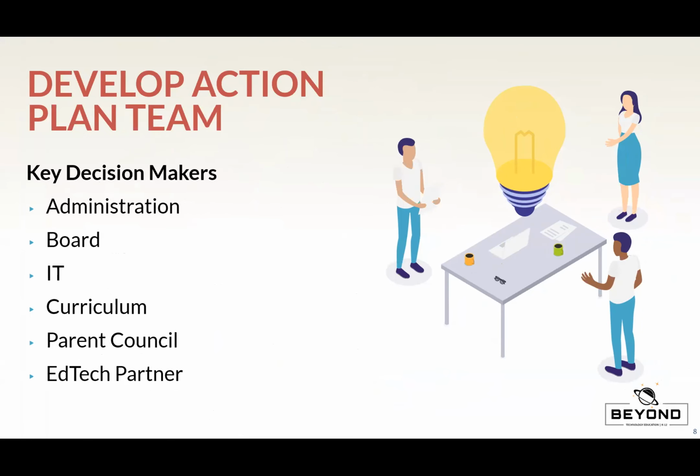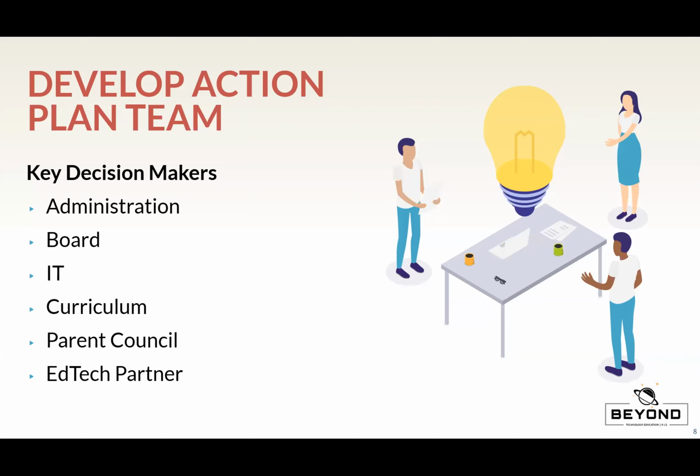You probably already know, who are the players in your school, your district, your association, your group. Who are the ones that you can really bring in to help you make these decisions? I encourage you to have someone involved from all the major departments, someone from administration, someone from your board, someone from IT that understands the technical ramifications of what you're trying to do, and could also support your families and your students in their homes. You want to talk about curriculum experts. This is going to be big. You want to get parents involved, because once you have a vision, they're going to help you sell that vision